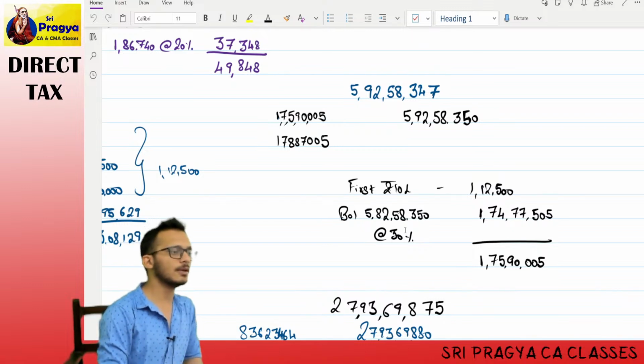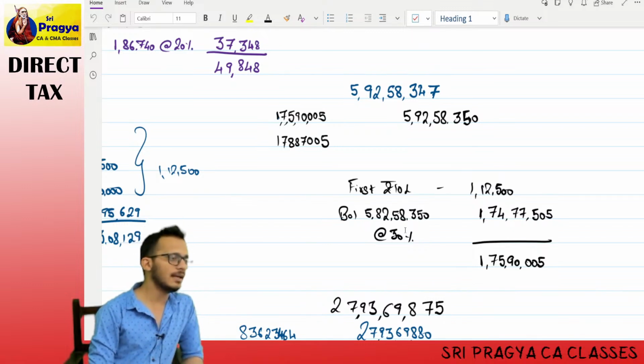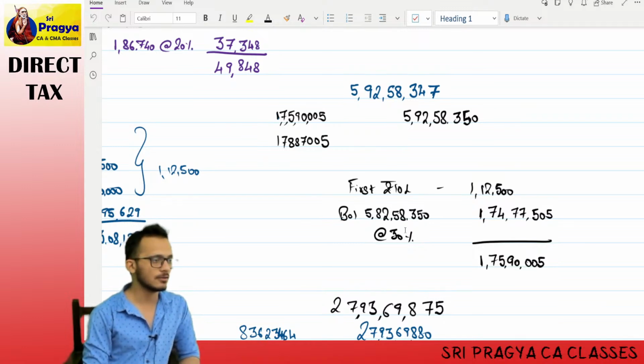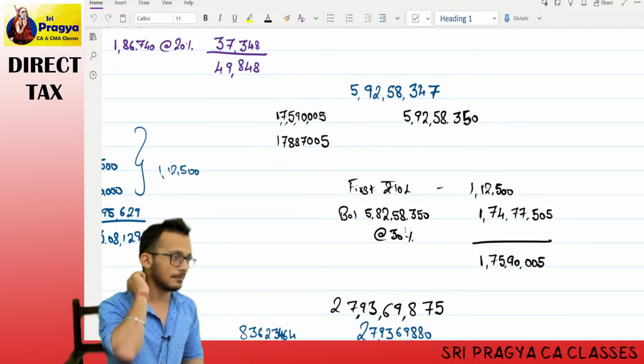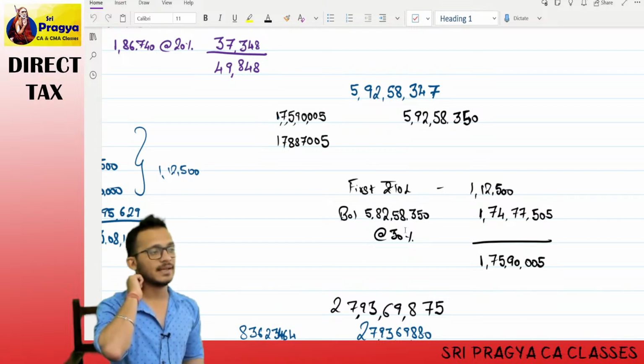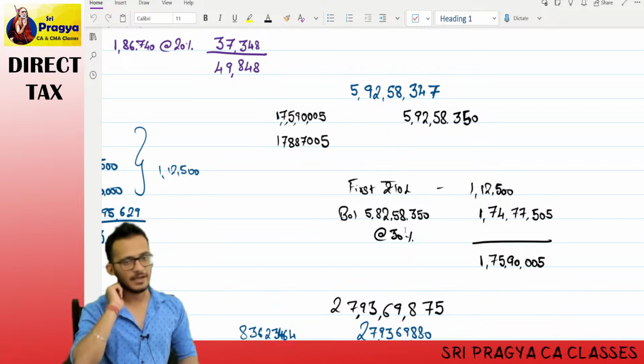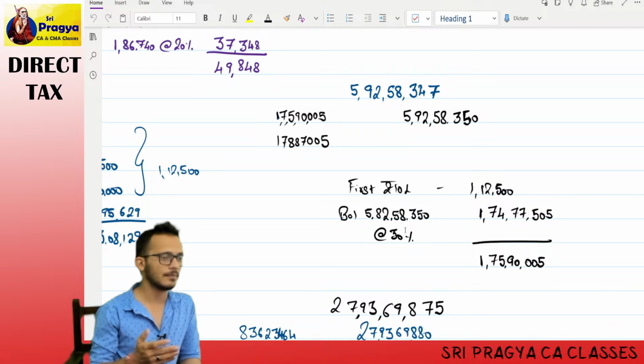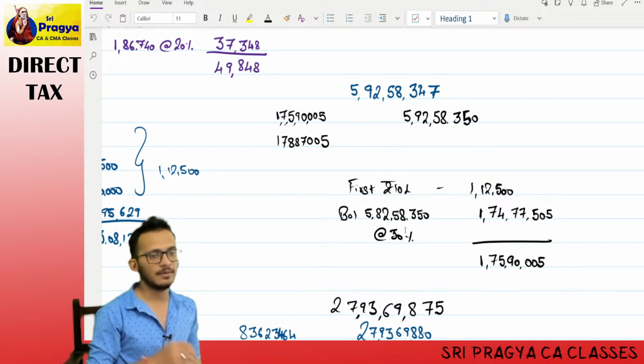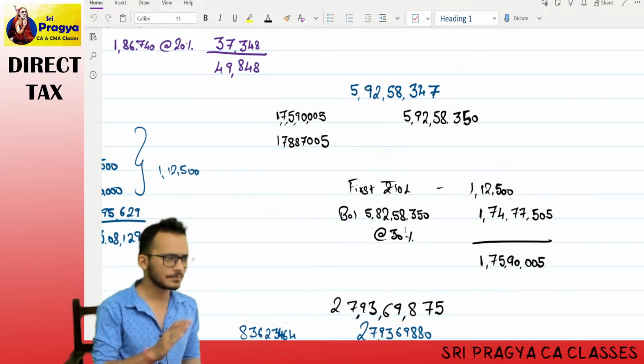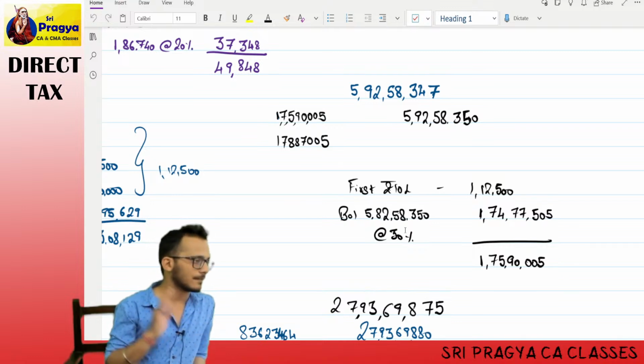Okay, we're moving forward. As of now, what we have told is, if you have any kind of income, you need to pay tax as follows. For the first 2.5 lakhs, you pay 0. For the next 2.5 lakhs, you pay 5%. For the next 5 lakhs, you pay 20%, and after that, you pay 30%. That is what we clarified. Yes or no? Yes. This is what the tax rates are.